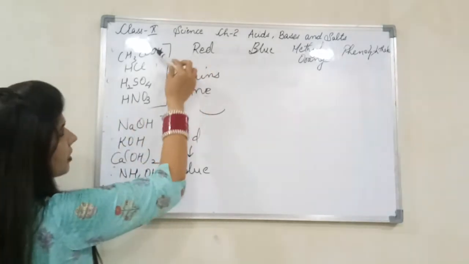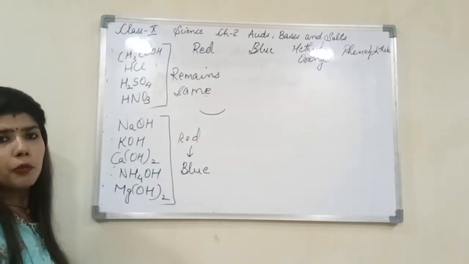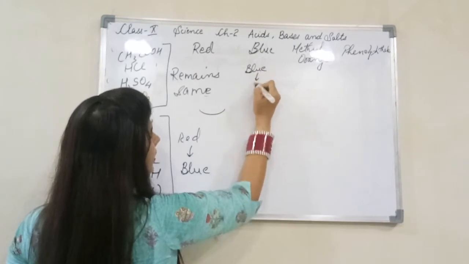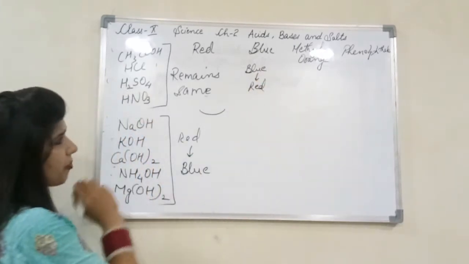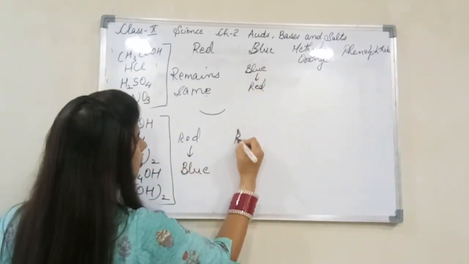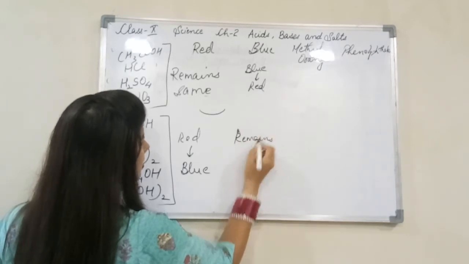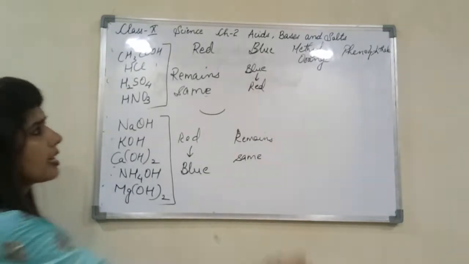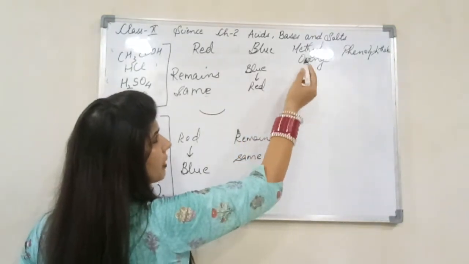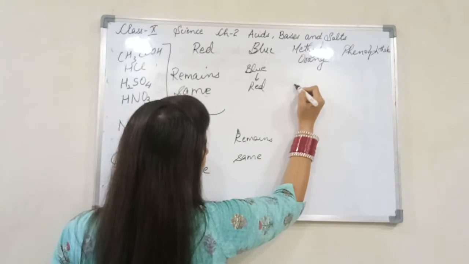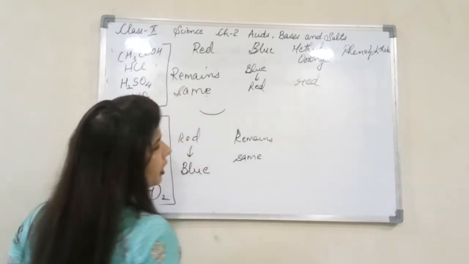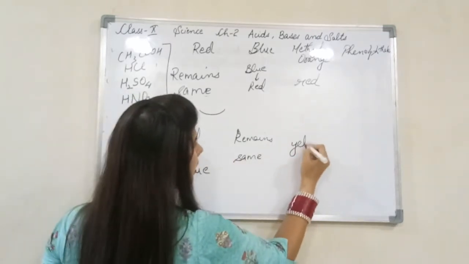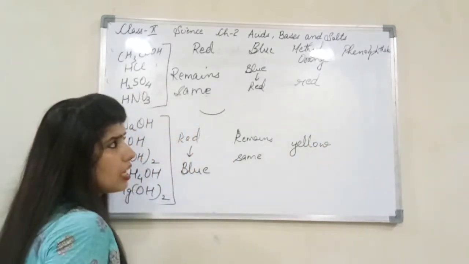Next thing, now if these are acids, you're taking a blue litmus solution. Now what will happen in case of acids? Blue will change to red. In case of bases, what happens to blue? It will remain the same. So blue color will remain same in case of bases. Next is methyl orange. It becomes orangish red. So we can say directly red over here. Either you can say orangish red or red in case of acids. And it turns yellow in case of bases.